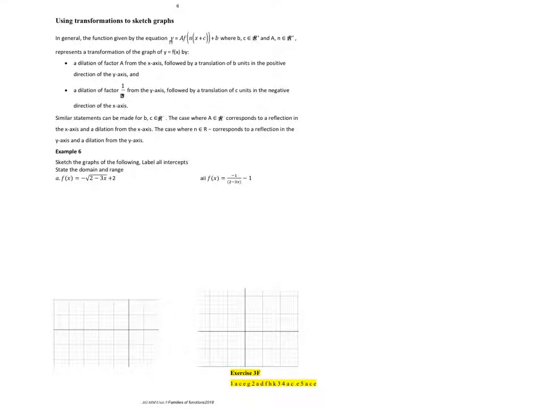Okay, so if we want to apply our knowledge of transformations to help sketch our graphs, don't forget we've always got our fallback: know the general shape, and then find our x and y intercepts. So a key approach will be to try to write the coefficients of the y and the x values as 1. So if we just rewrite this one,